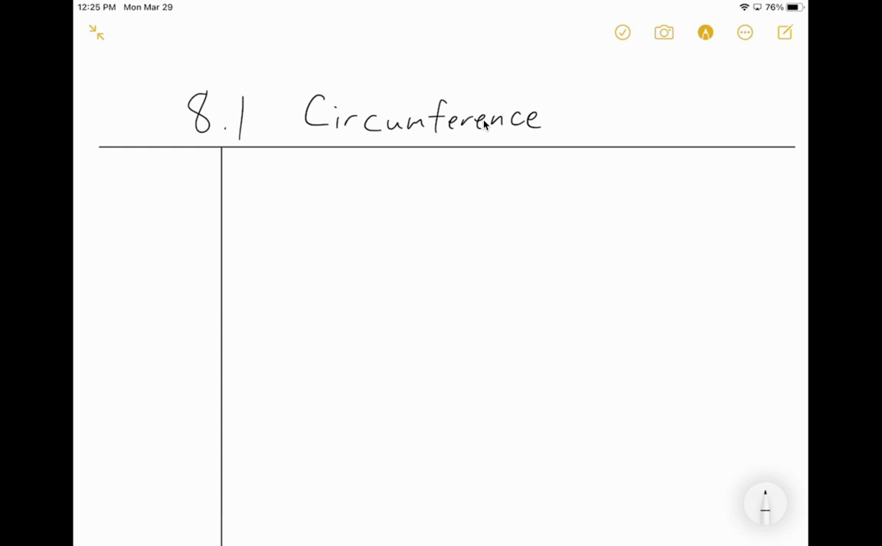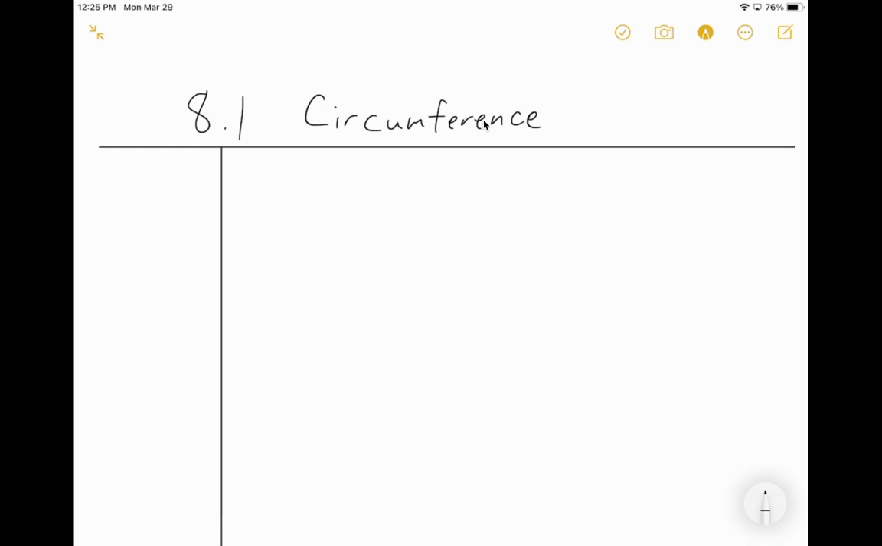All right, so today we're going to talk about circumference. Okay, circumference, and we're talking about circles. So this is in the geometry chapter. Chapter 7 was some geometry, talking about triangles and whatnot. But now we're going to move on to circles and other shapes, and try to find the measurements related to